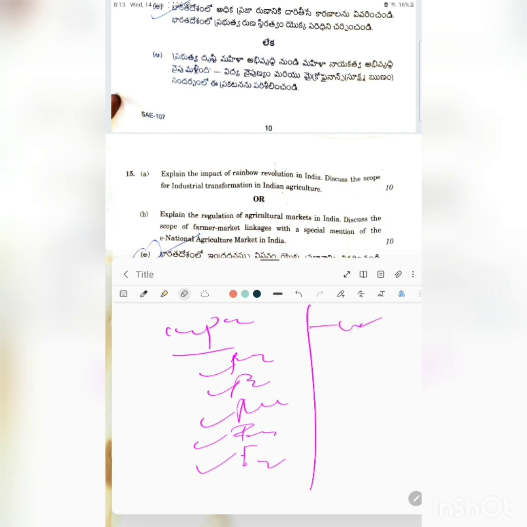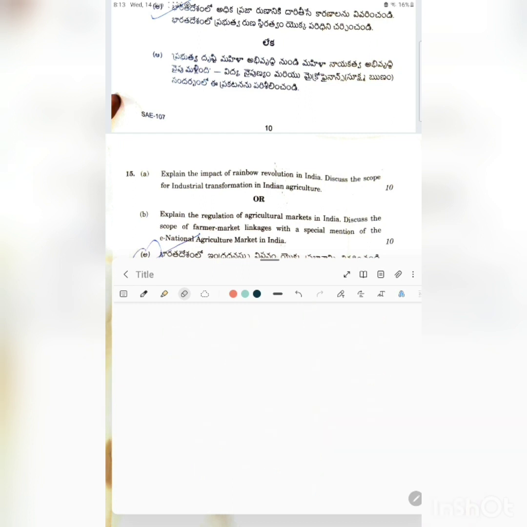As far as negative impacts are concerned, we can speak about high yield varieties, more harmful chemicals being used, and also regional disparities between various economic zones and various states in India. And discuss the scope for industrial transformation in Indian agriculture. So simply,